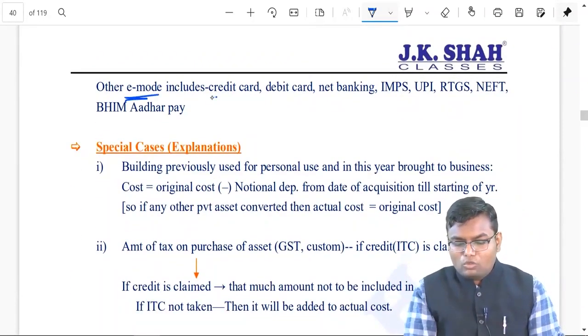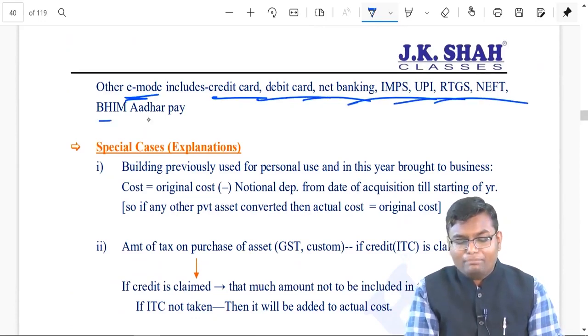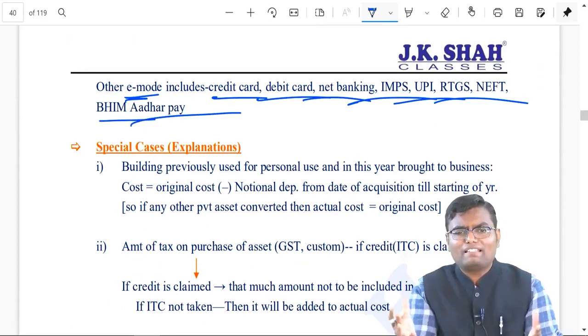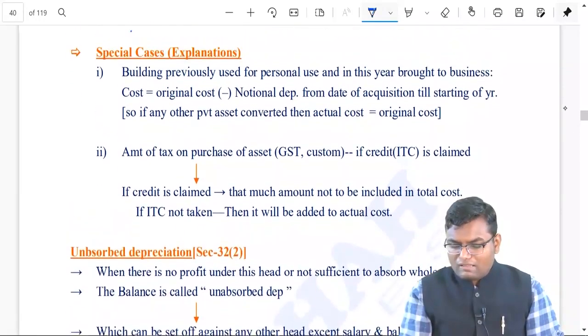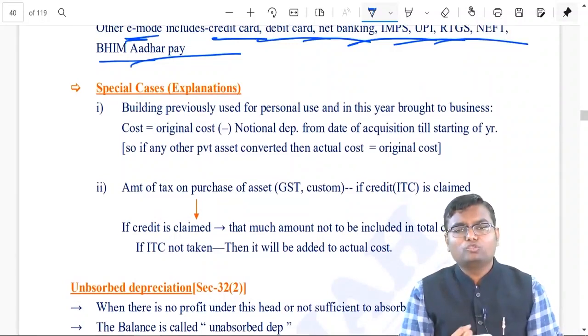Here other electronic mode means credit card, debit card, net banking, IMPS, UPI, RTGS, NEFT, BHIM, Aadhaar Pay, GPay, Google Pay, etc., etc. Now there are some special cases which you have to consider while looking at actual cost. Number one,